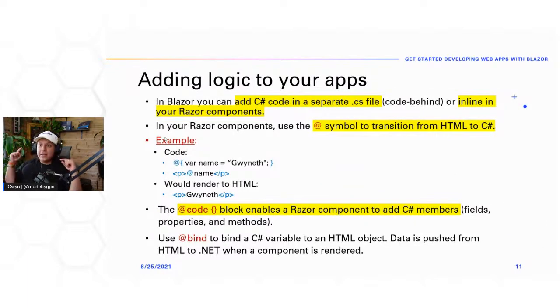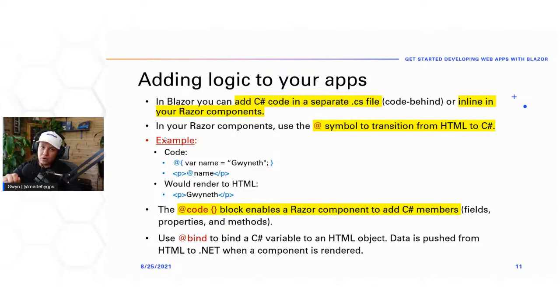Let's talk a little bit about adding logic to your apps. There's a lot of highlights in here, but there's two ways to add code to your Blazor applications. You can do something called code behind, which is where you create a separate .cs class for each component. That follows a certain format: component name .razor.cs, so the application knows this is the CS file for